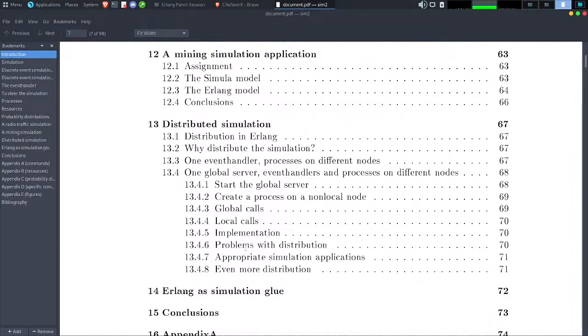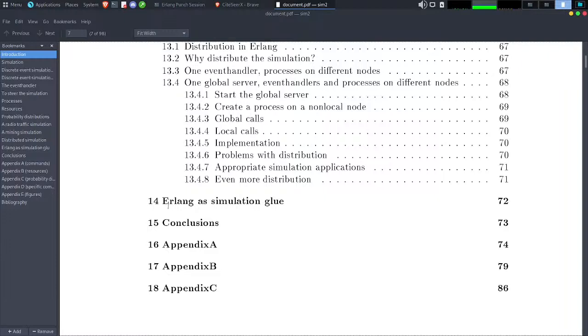And finally we have the distributed simulation. This part is also quite huge, so I don't know if I will have time to read it. Anyway, the Erlang simulation glue page is really important to me, so I will read it, and the conclusion is also kind of mandatory to read.